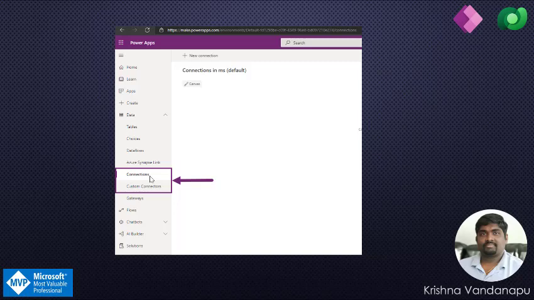You could establish a connection to the required data source by clicking the respective connector. Another one is custom connections. What are custom connections? Custom connections are something with which you could establish a connection to native databases or databases